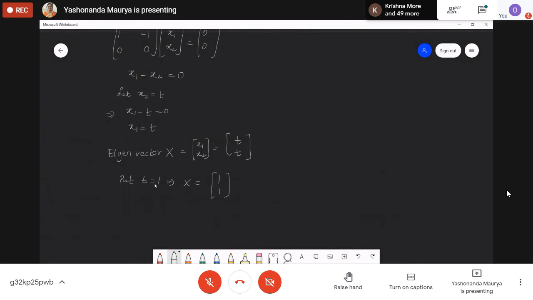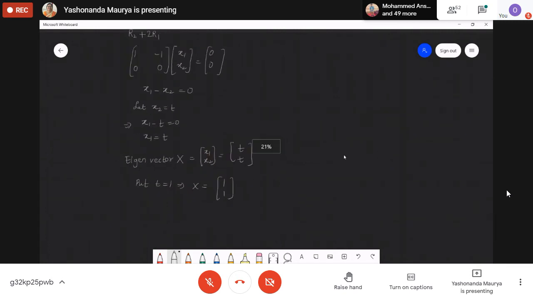We can select some value of t. See over here, we could have selected t equal to 0 also. But the moment we select 0, it will be all zeros, and we are not at all interested in a 0 vector. So always remember, don't select the value of the variable such that everything turns out to be 0. At least one non-zero value should be there. We should get at least a non-zero vector here. Okay, that is the idea.